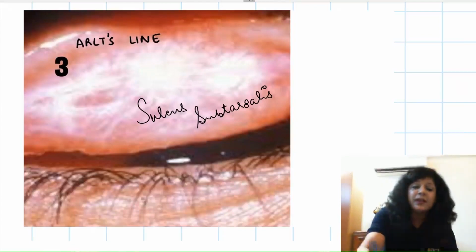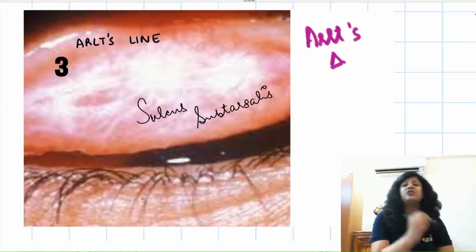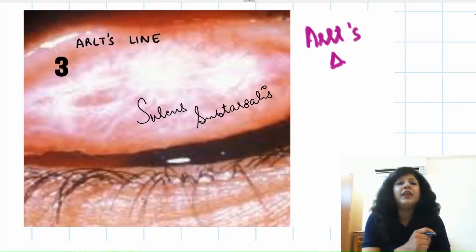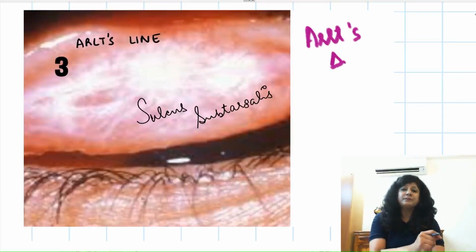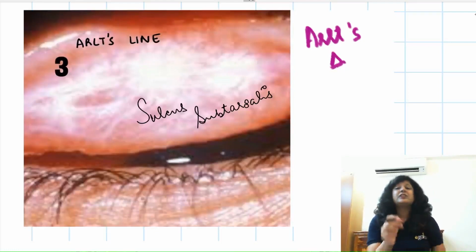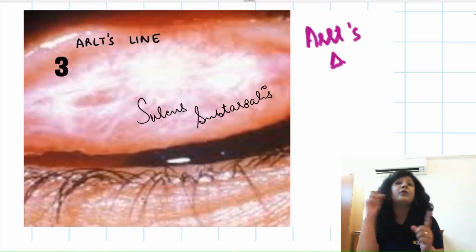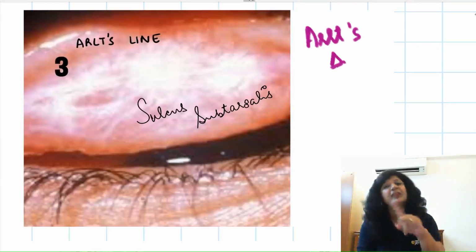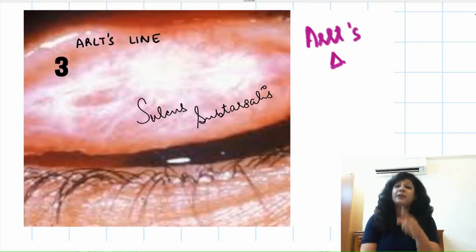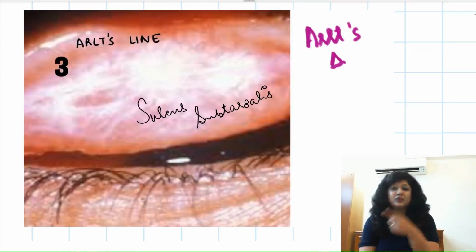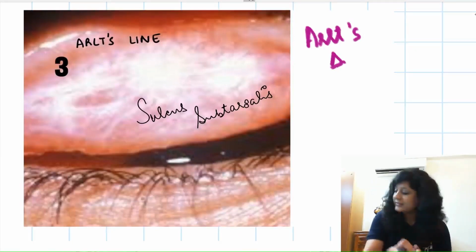Now remember here, important thing, we were also having the Arlt's triangle. Arlt's triangle is found in the acute anterior uveitis. So like this is the way how to revise anything. Like if you are studying Arlt's line, think about Arlt's triangle. When you are studying the Arlt's triangle, think about Arlt's line. Oil droplet reflex, oil droplet cataract. Shield ulcers, shield cataract. So same names, so many things are there.